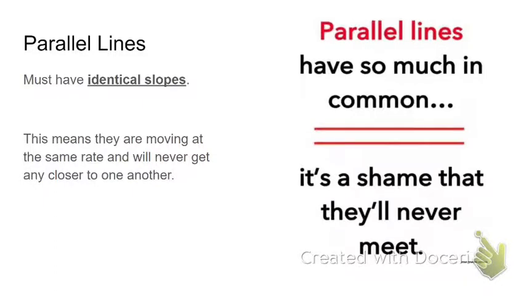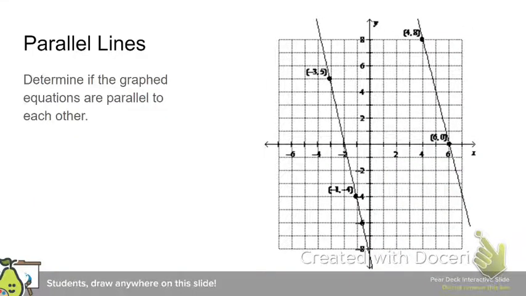So when we're talking about parallel lines, we're talking about lines that have the same slope. Having the same slope would mean that they are moving at the same rate and therefore would never get any closer or any further apart from one another. If you're given a graph and asked to determine if they're parallel, perhaps you can tell from the graph itself,